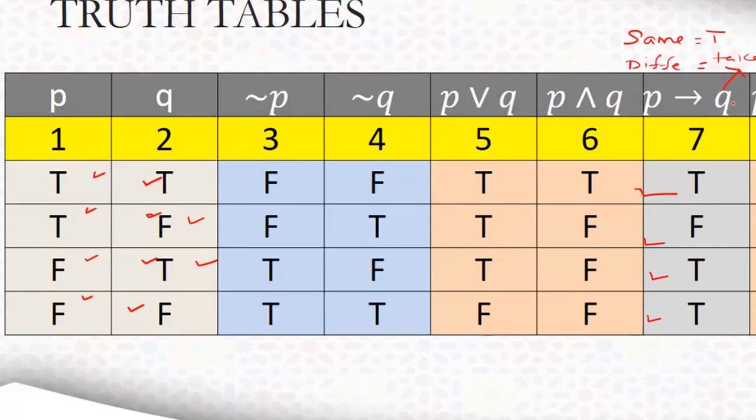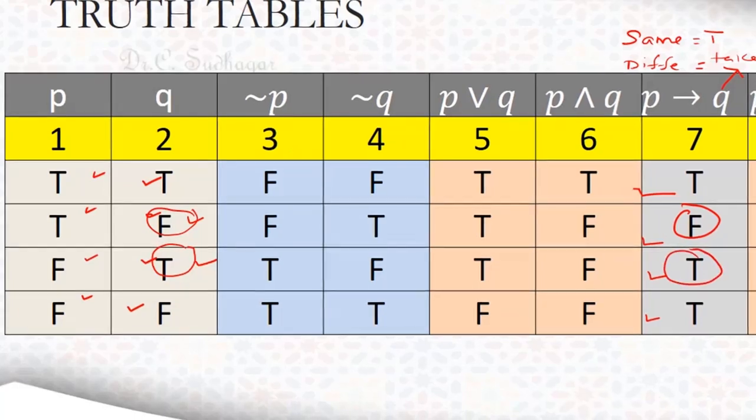Second side, what is coming? Sometimes P tends to Q will come, sometimes Q tends to P will come. So be careful what is coming in the second side. From the second side, you take the answer and put it here. So this F and this T, you put it here. So this F and T. Okay, so this is how we can do it for the conditional operators.